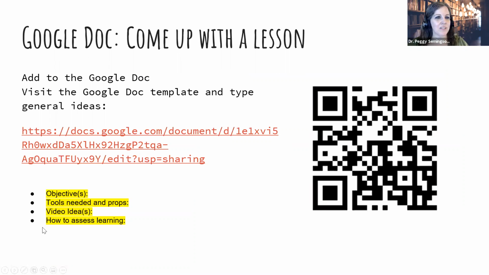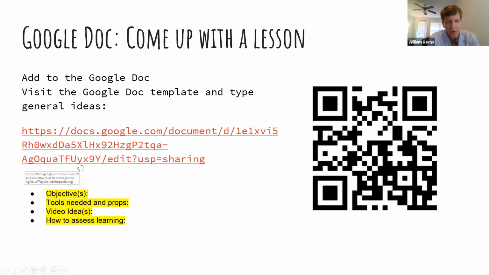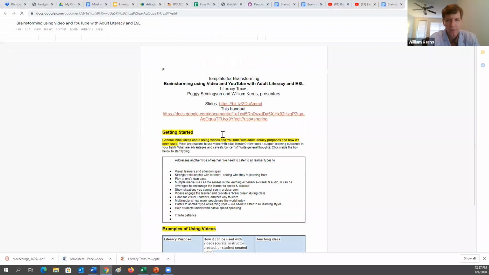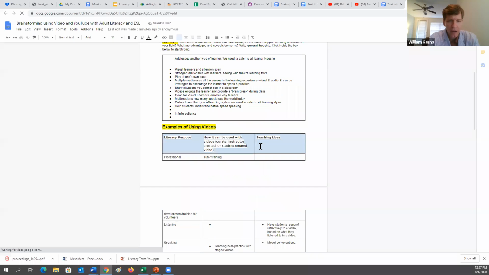Okay, and Bill is going to get us started on thinking about a lesson. So I'm going to click on the document. And Bill, do you want to go over the little 4 bullets? Okay, and this is just basic lesson planning. Think about your objectives, what do students want to learn. We get into Bloom's taxonomy there, of course. We think in advance, if you don't know where you're going, how are you going to get there? So your objectives are a very important thing in advance about what tools you need, how you're going to utilize it.